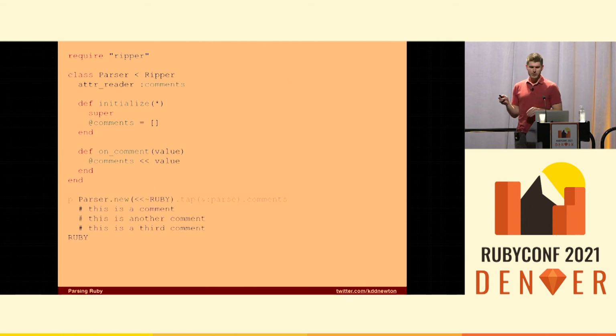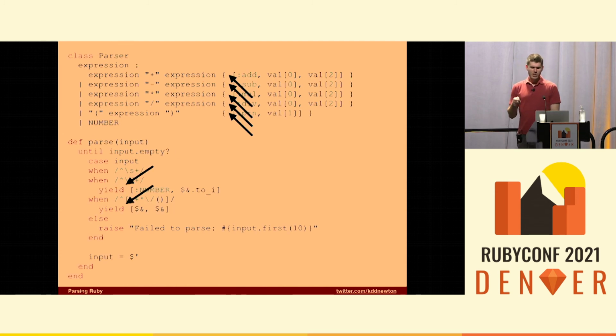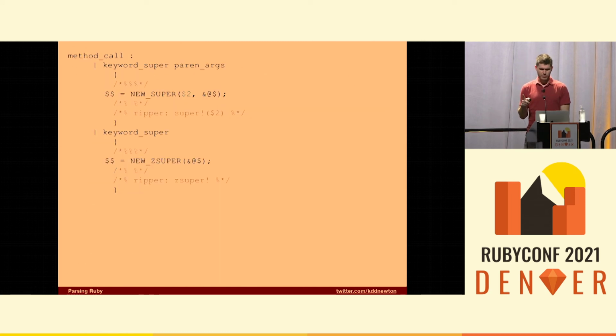If we go and build a parser with this source, we tell it to go and parse itself, and then we pull the comments back out, you will get a list of comments. This is how you can use Ripper in your own thing if you want to go and pull tokens out. It's a lot easier on the token side than it is on the node side, and I'll show you why. Remember that I said it hooked into these different spots. Up top, it's hooking into the reductions of the rules.